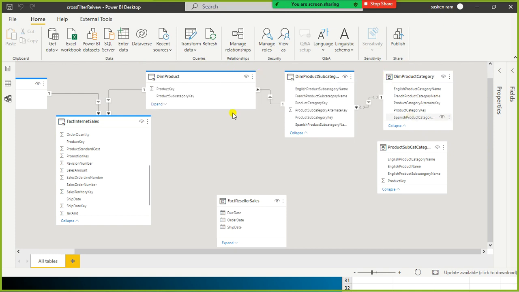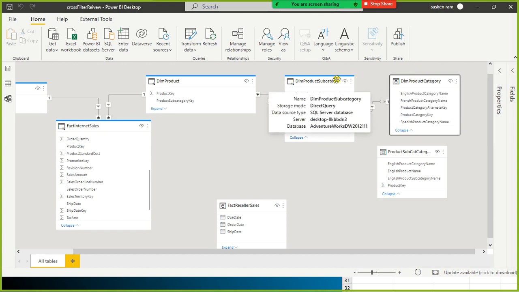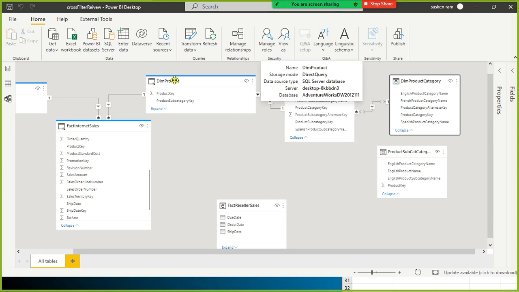Why should I combine all these three dimensions into a single dimension? The number one reason is we want to improve the query performance. If we store it in multiple tables, it requires multiple joins. I don't want multiple joins to happen. The more joins you have, the more it will reduce the performance. And again, if you perform some kind of drill down, drill up and all, right? At this level, if you look at the hierarchy, the category is at the top of the hierarchy, the second level is this one, and the third level is this one.